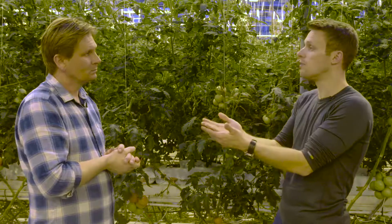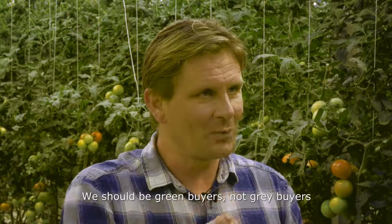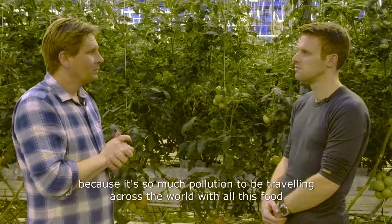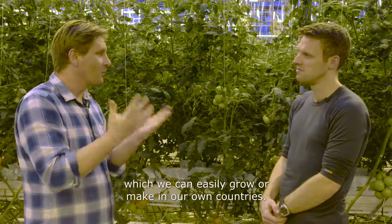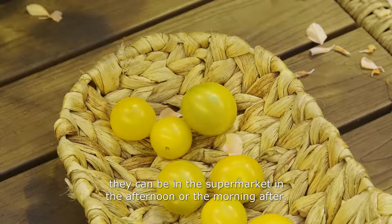So why is it important for Iceland to support farmers like yourselves? We should be green buyers, not grey buyers, and I think it's so important that we are buying local, because it's so much pollution for the world to be traveling across the world with all this food which we can easily grow or make in our own countries. I mean, the tomatoes which we pick here in the morning, they can be in the supermarket in the afternoon